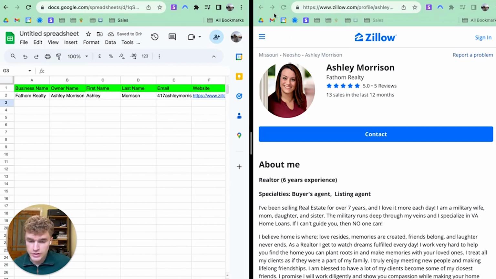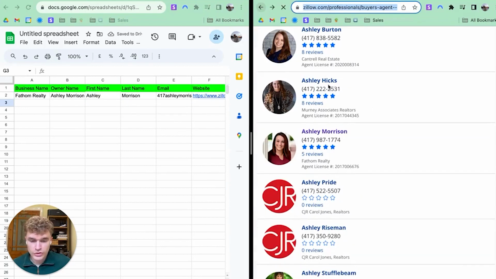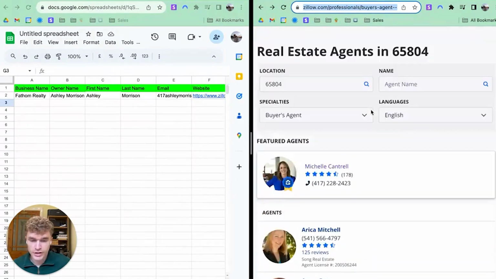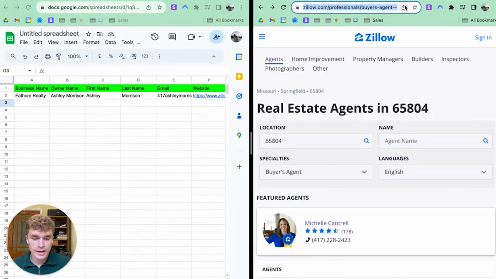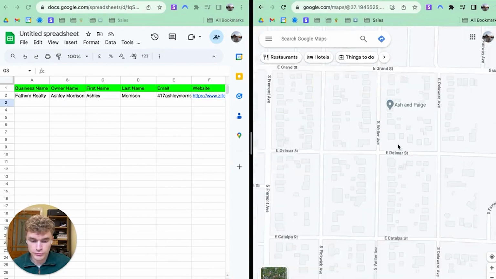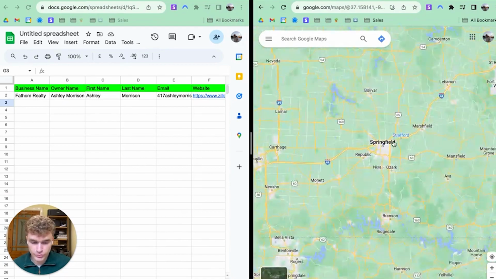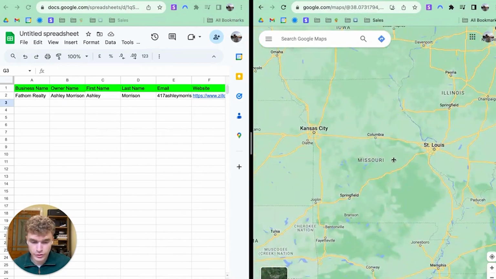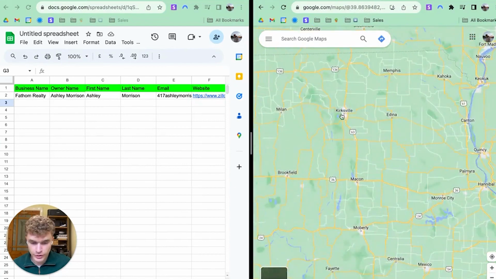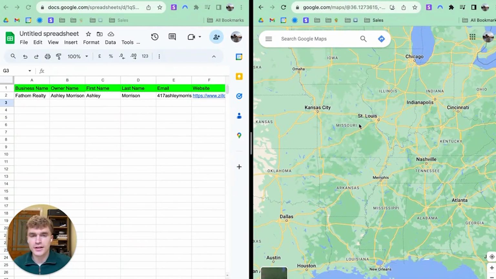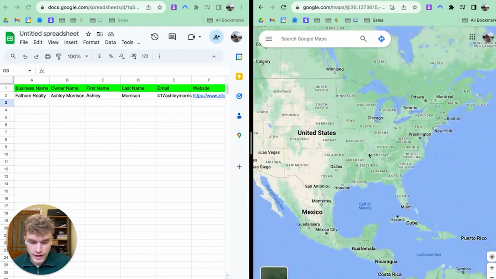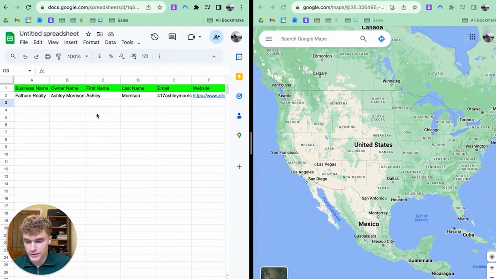And obviously Zillow is fantastic because we just have page after page after page, and this is one small town in a huge country, right? And this is before, you know, you can go for Springfield, you can go for Columbia, we can go for, you know, Kirksville, and this is one state in like a 50-state country, right? And, you know, we're talking thousands and thousands and thousands, and obviously you could pay a VA to do this, you could, you know, do this yourself if you don't have the cash to do that,